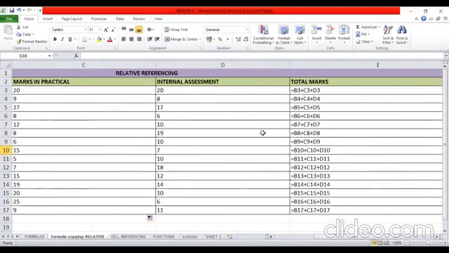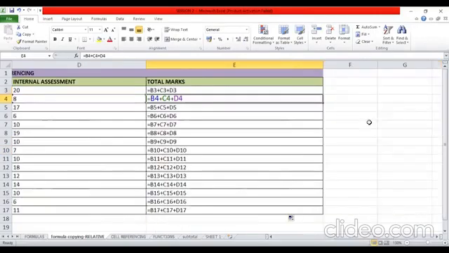Yeah. So just have a look over here. I had typed this formula. This was my B3 plus C3 plus D3. Now, when I copy it down the column, you can see that the cell references have changed. B3 has become B4, C3 has become C4, D3 has become D4. Then it has again changed to B5, C5, D5, B6, C6, D6. So Excel has automatically adjusted my calculations.